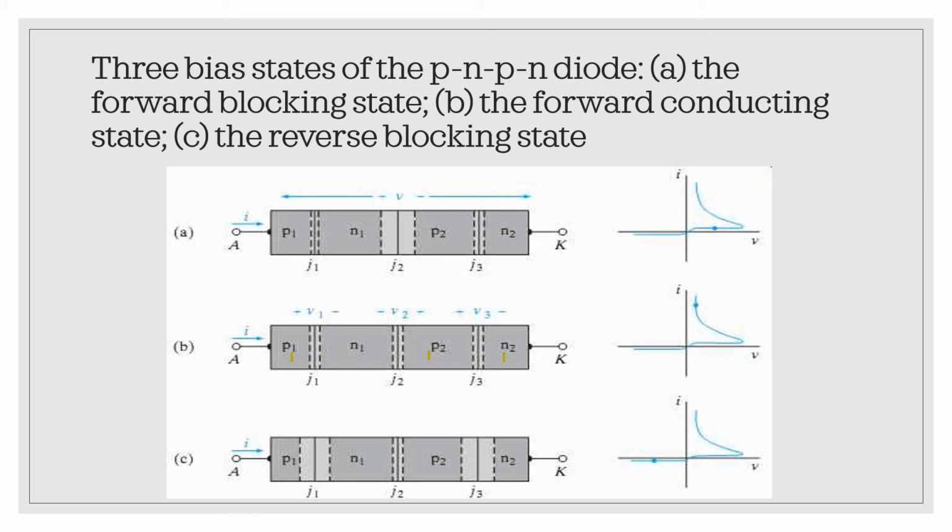Similarly, optical excitation can be used to trigger a device by increasing the current through electron-hole pair generation. The most common method of triggering a two-terminal PNPN device, however, is simply to raise the bias voltage to such an extent that we reach the breakover voltage, or VP voltage, whatever we call it, which is represented here where our forward conducting state starts.